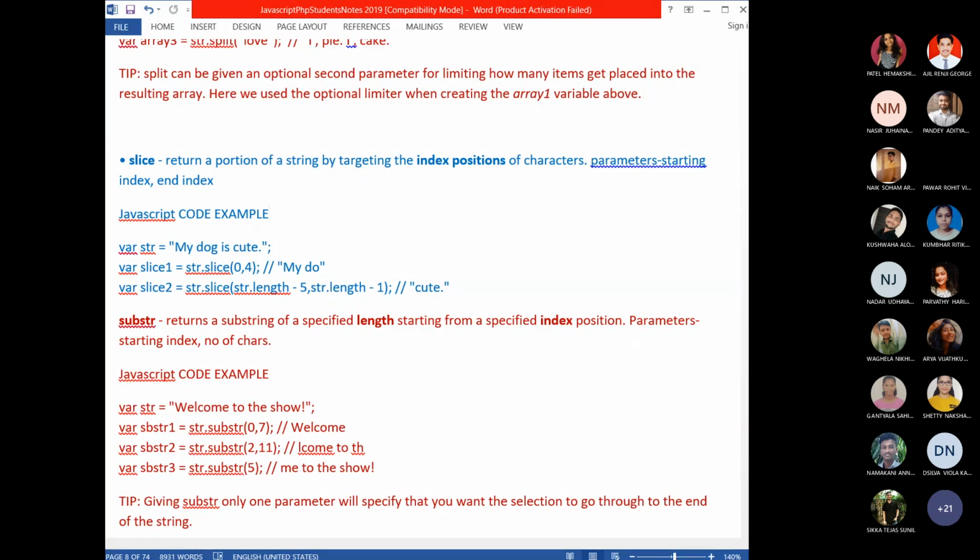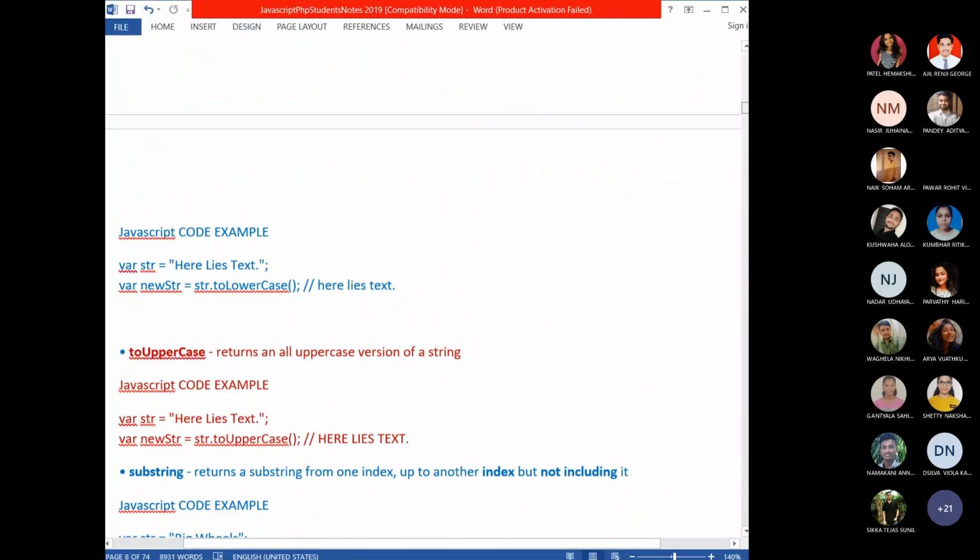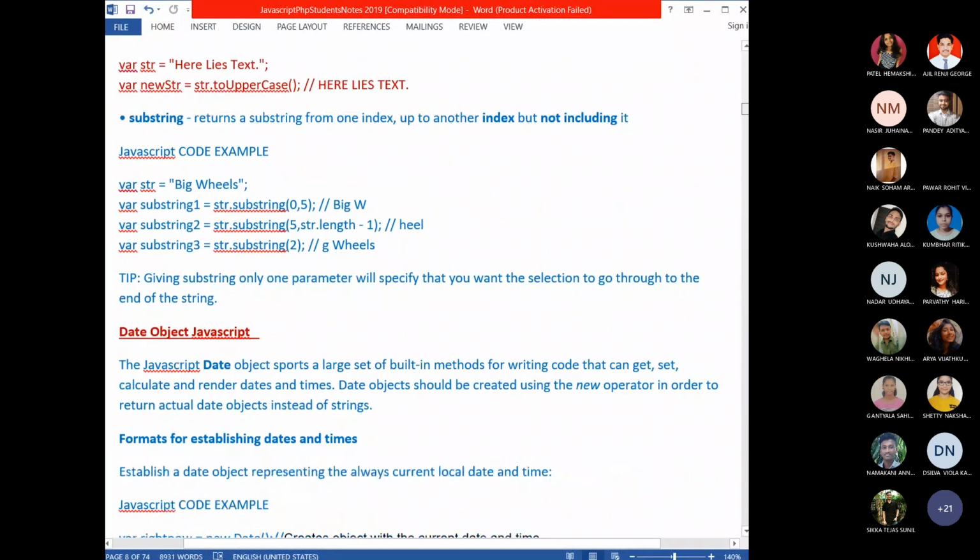Yes, ask me. I was asking, the full stop is the 14th character, right? No, see, you should not say 14th character, you should say the character which has index 14. But there are in total only 14 characters, right? How come there are 15 characters then? One second. Here you are asking, no? My dog is cute, that one.